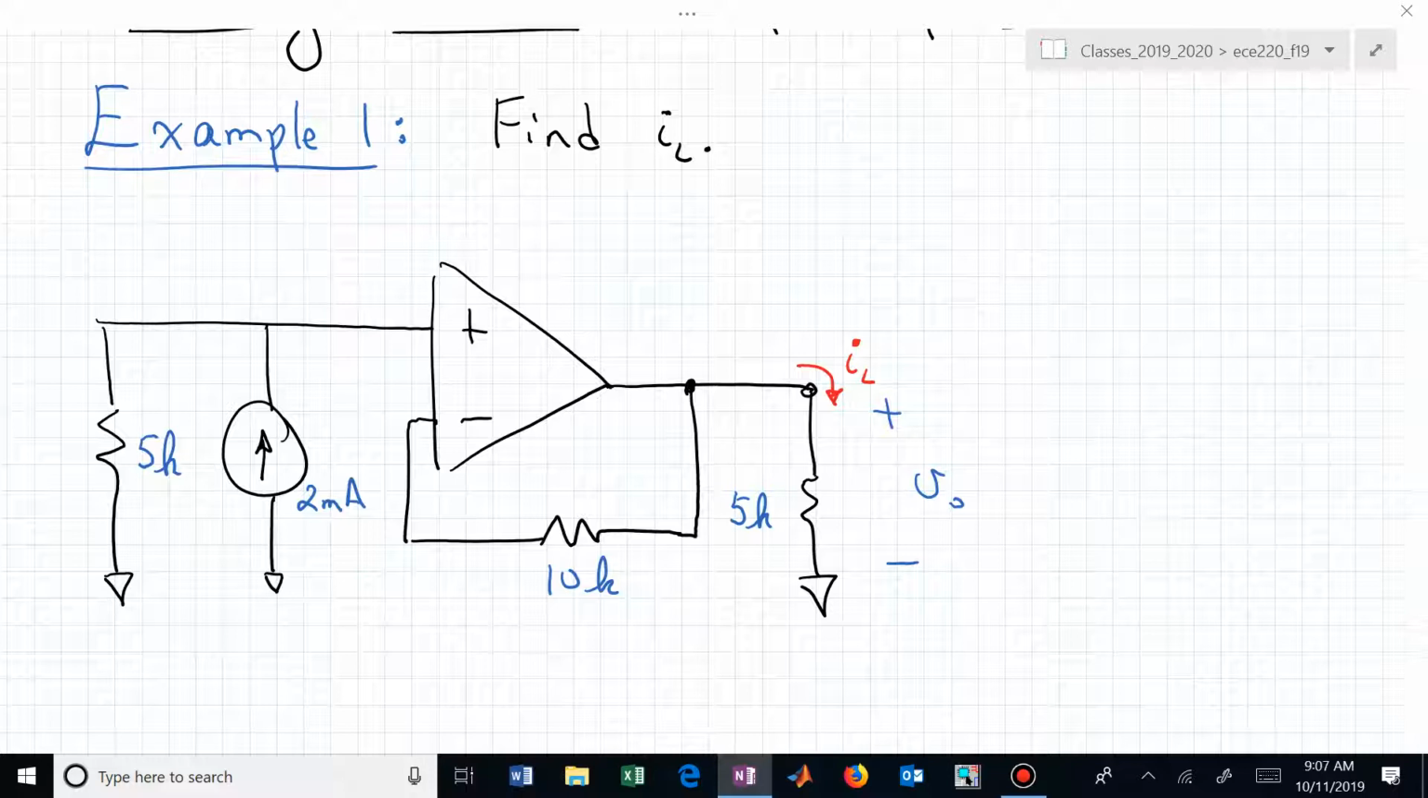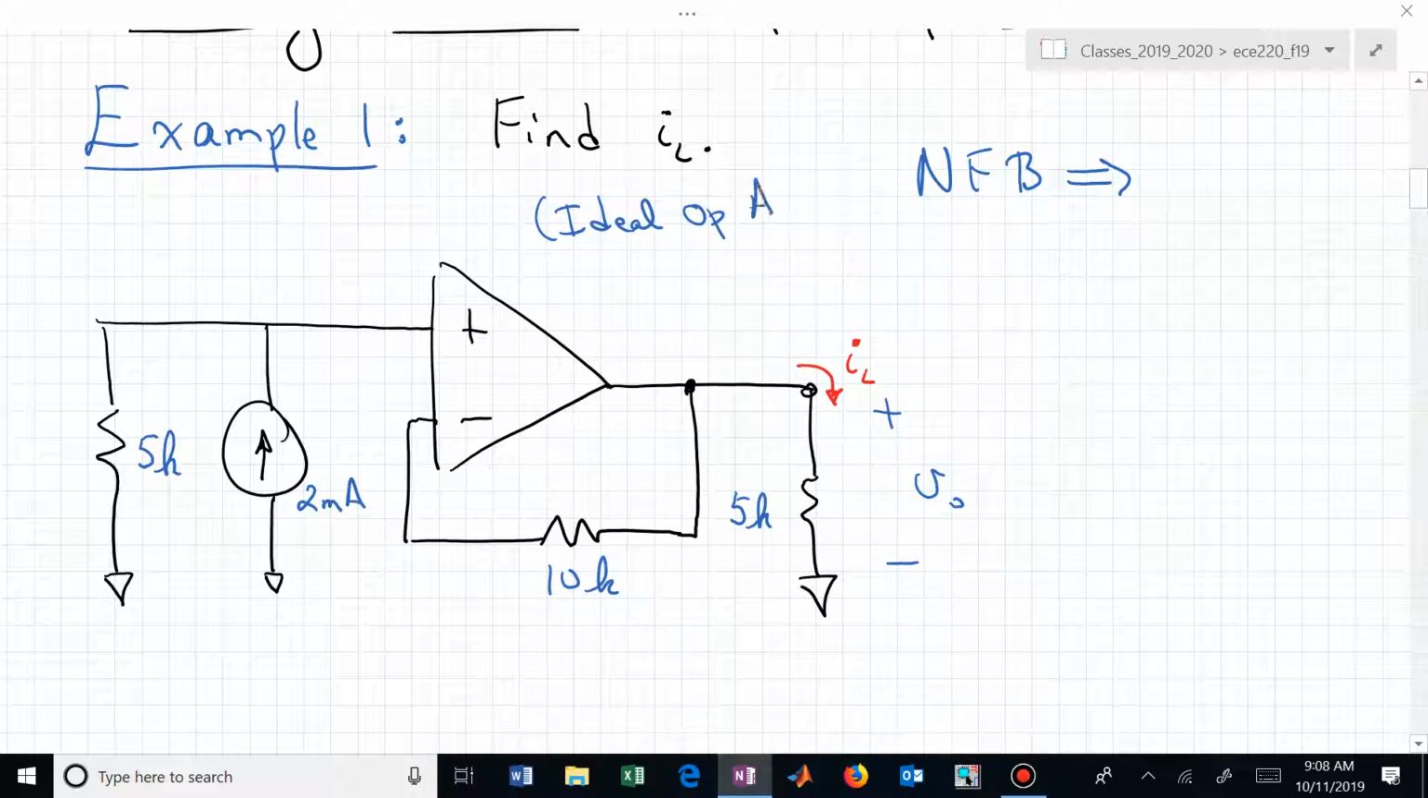It now needs to be going from the output pin back to the inverting input pin, which it is. So here we do have negative feedback, and we're assuming an ideal op amp. The NFB,